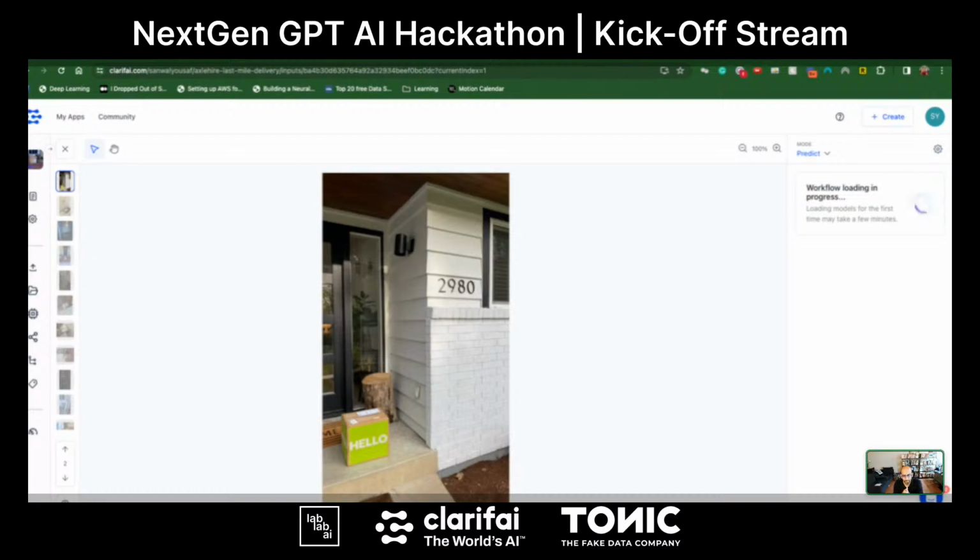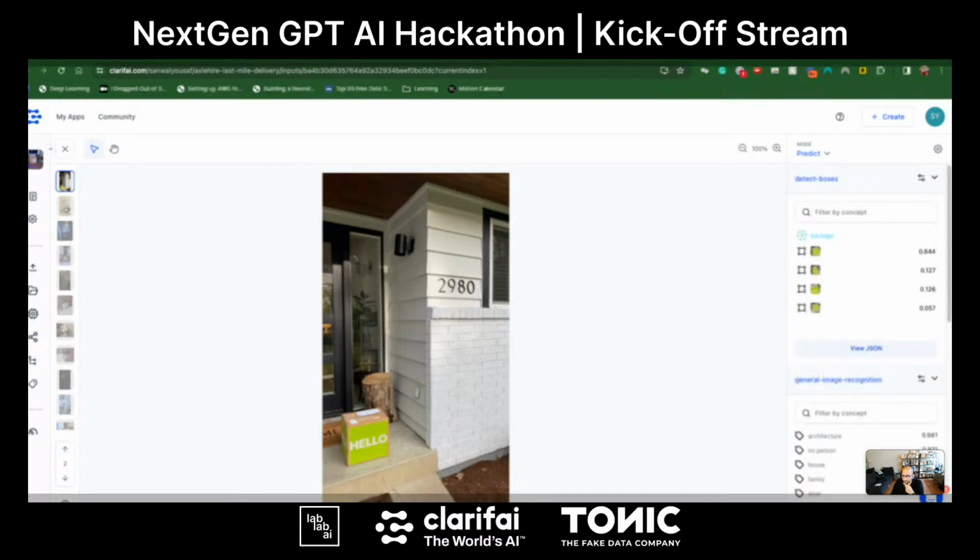To recap, what we did in this use case was that we wanted to detect boxes in an image, and then we wanted to figure out if there was a door nearby. And then the third thing we wanted to do was figure out if the image was well lit or poorly lit. The fourth thing was to read the text, if there was any text in the image, to possibly get the address of the person where it was being dropped. The last thing was a nice to have. It was not necessary, but it was a use case that came up and is definitely something that we can do.